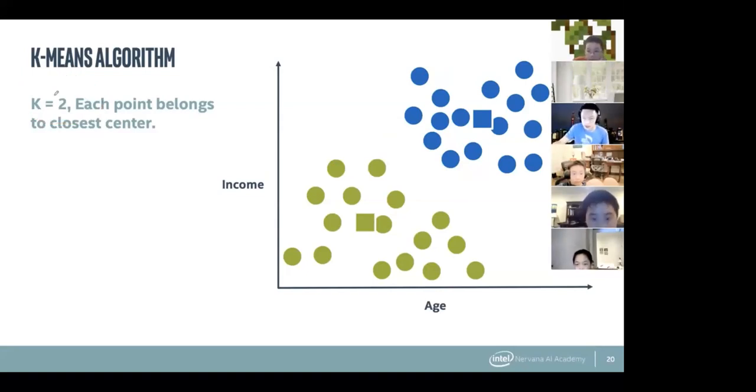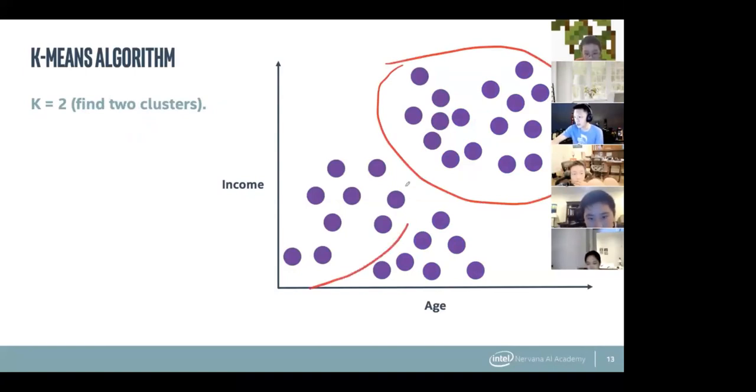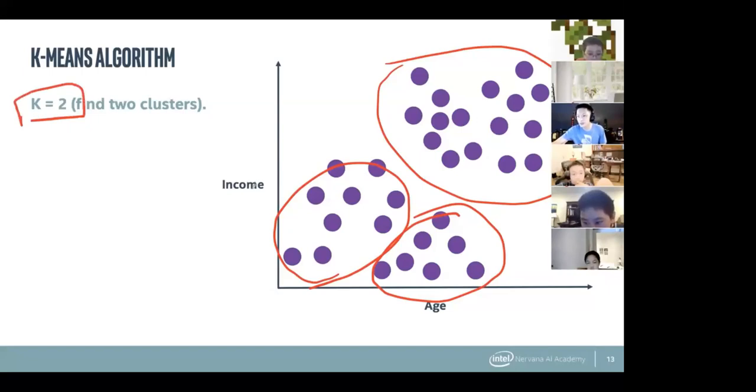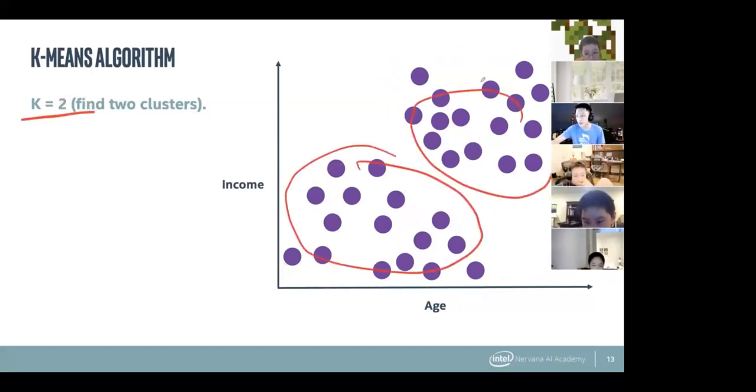Benjamin asks, 3 clusters would work here too, right? Well, this is a good question. For example, you might think that this data, if you just eyeballed it, you might think that this is a cluster, maybe this is a cluster, and maybe this is a cluster. And you're absolutely right. Now, this is where the hyperparameter comes into play. Remember that K is our hyperparameter. K defines how many clusters we want. If K equaled 3, then maybe this would be the correct clustering. But because you said that there were 2 clusters, then you have to do this.